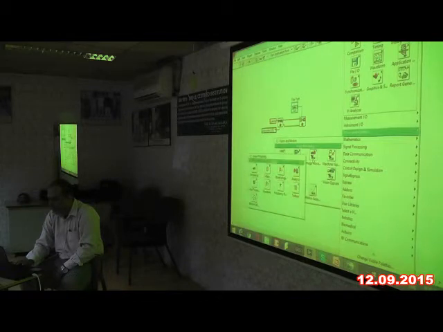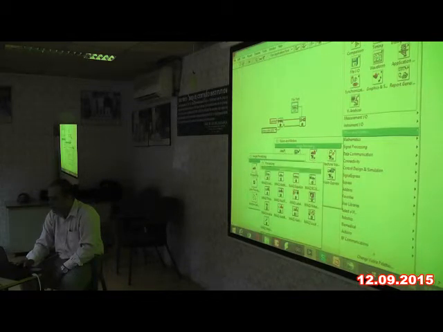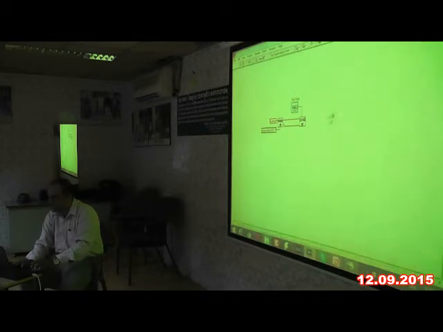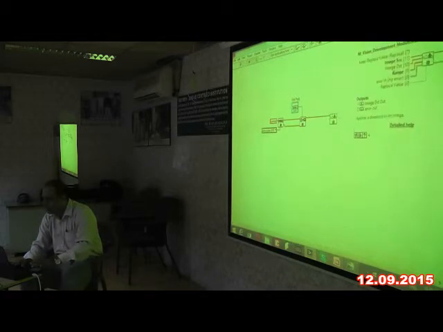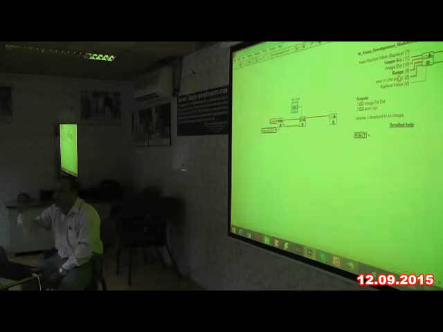In image processing, in the processing window, I will have an IMAQ Threshold. Okay, this option is there. It is in image processing. IMAQ Threshold, I will place it here. So I have to connect the image. Other than that, there should be a range. So range I should specify. What are the pixel values I am going to change?